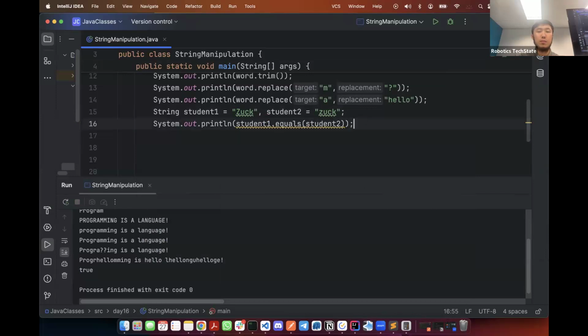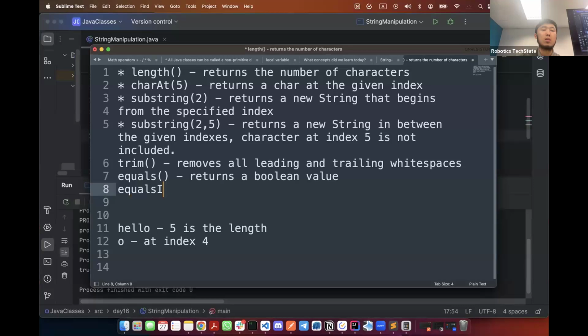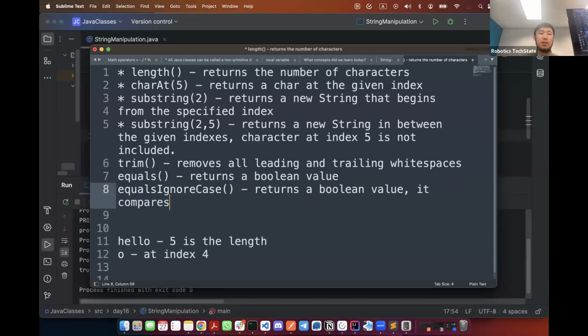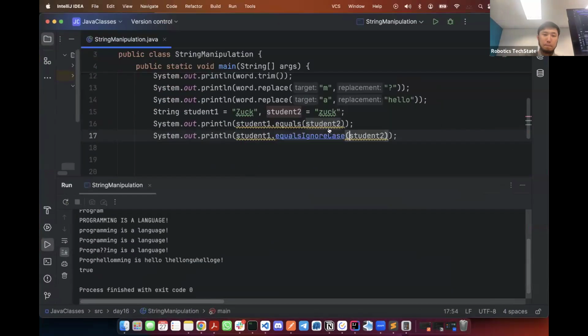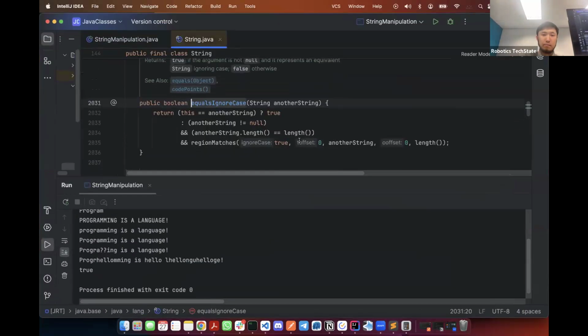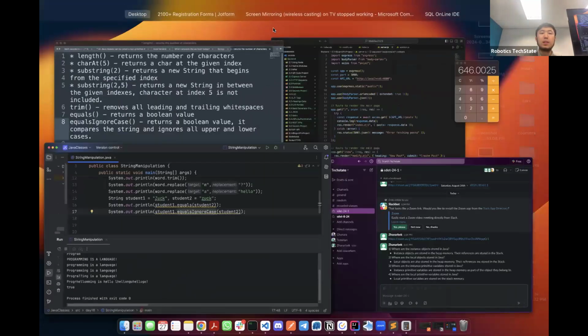So this method equals ignore case returns a Boolean value. It compares the strings and ignores all upper and lower cases. Yeah. All right, the next one